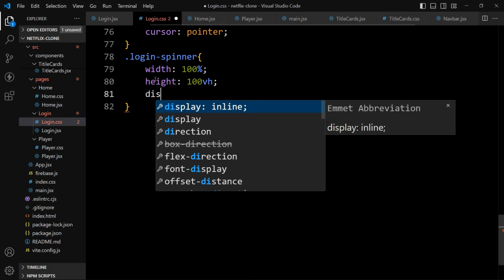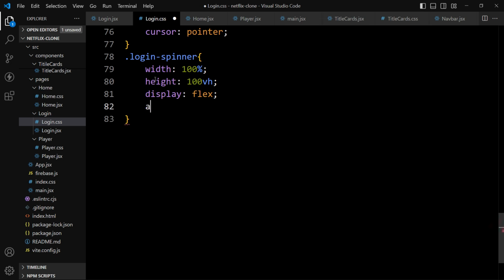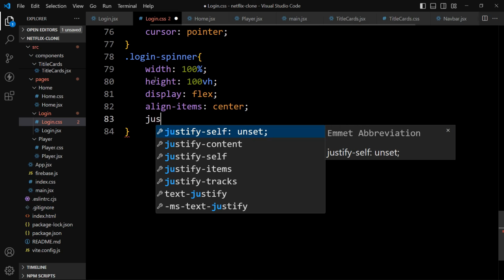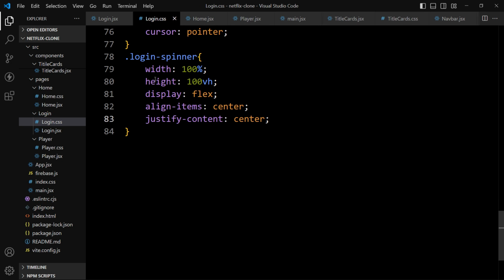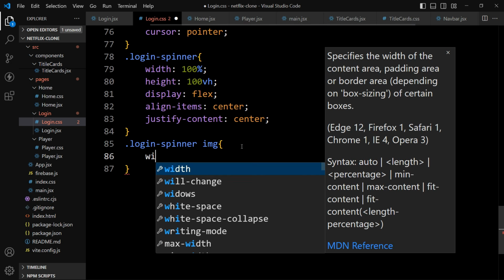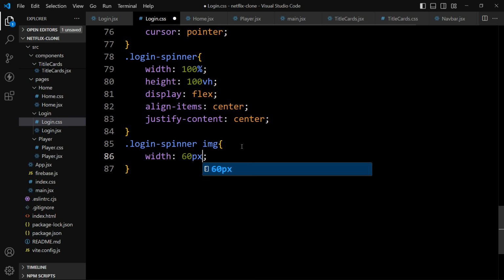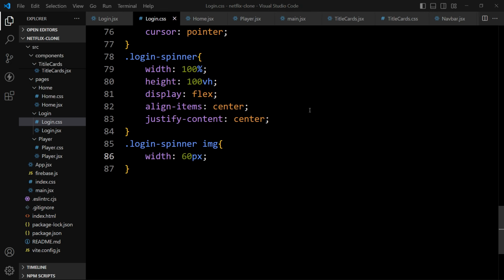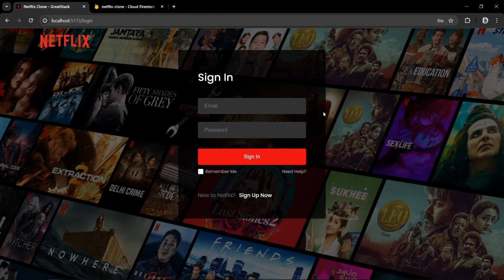Then we will provide display flex, align item center, then justify content center. That's it. And in this one we have the img tag. So write img. Here we will add the dot. And in this image we will provide width. It will be 60 pixel. Save the changes. Now we will come back to the website.